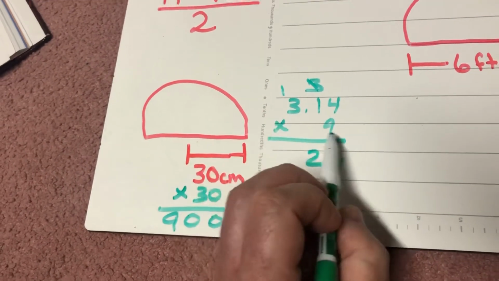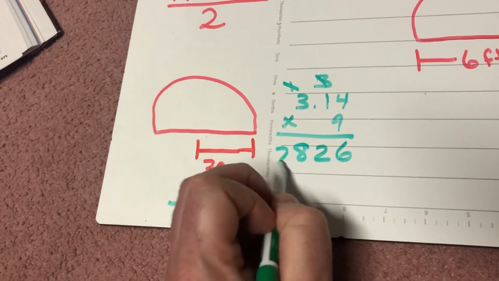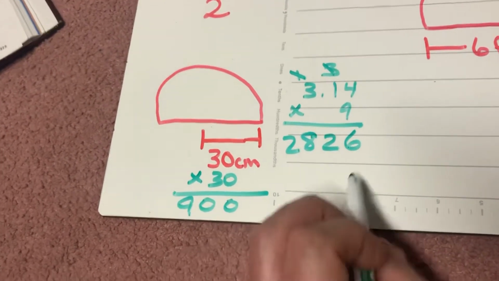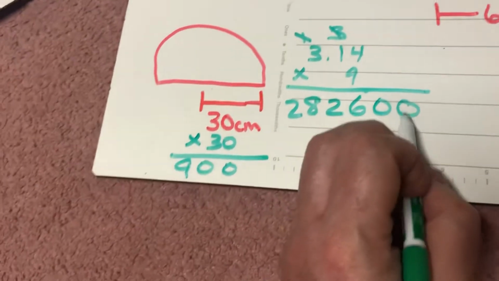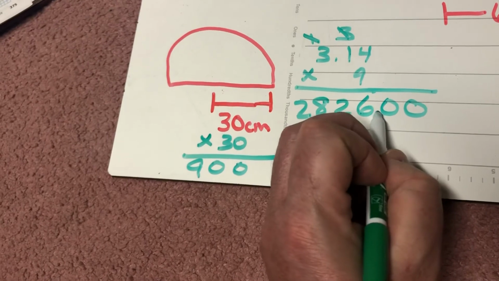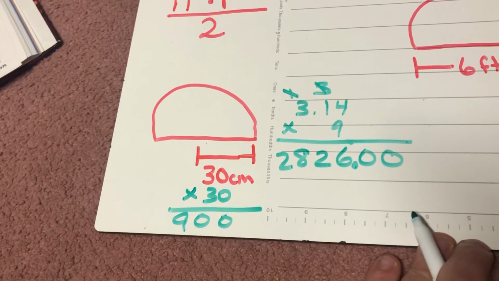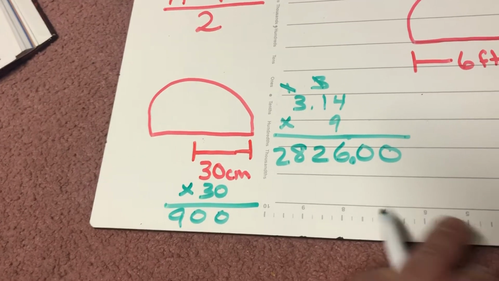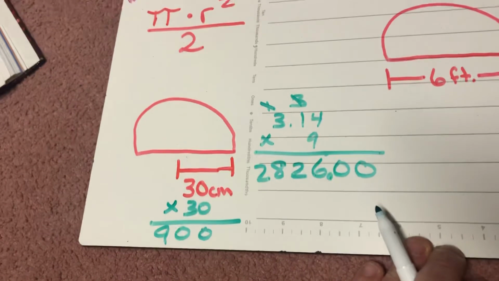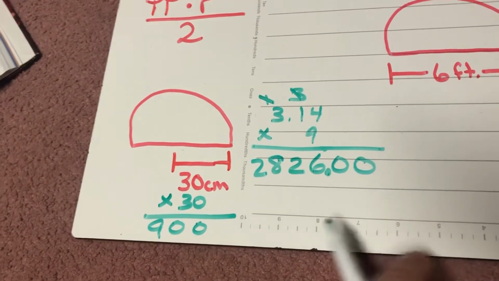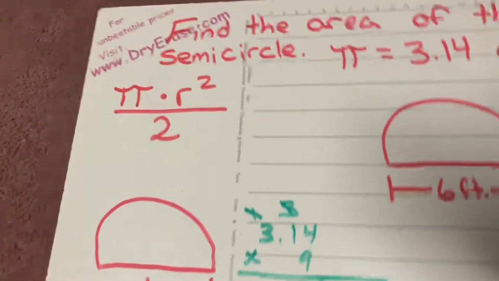Put the 2 down, carry the 1. 9 times 3 is 27, plus 1 is 28. And then I'm just going to go ahead and add the 2 zeros. 2,826 is what we end up getting, because there's 2 numbers after the decimal in the problem, 2 numbers after the decimal in the answer. Now, but I have to divide it by 2. So I'm going to come up here,